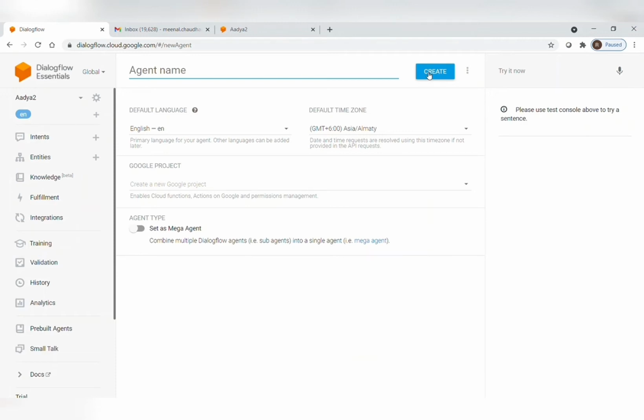I've also made one about COVID-19 which has all the questions and answers about the virus. So I'm naming it Adya. My whole name is Adya Mathur, so I'm writing Adya underscore Mathur. Underscore means that you are giving a space. In coding, underscore means space. So don't give any space, otherwise it won't work properly. Now default time zone, give it as Asia Colombo, and you don't want to do this, it will spoil the whole thing. Now click on create.